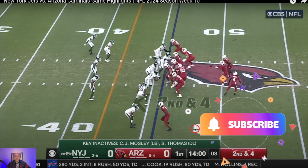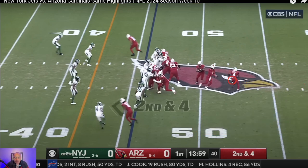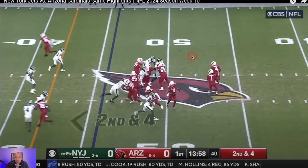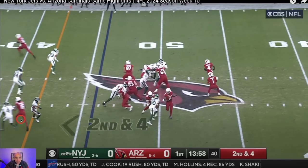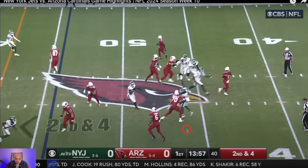And this is what I'm talking about, okay? Fake pitch to Greg Dortch. You have to absolutely respect his speed, and then you act like you're running basically the same thing. So deep over, vertical here, but you're actually running a screen to the backside, and this ends up being an